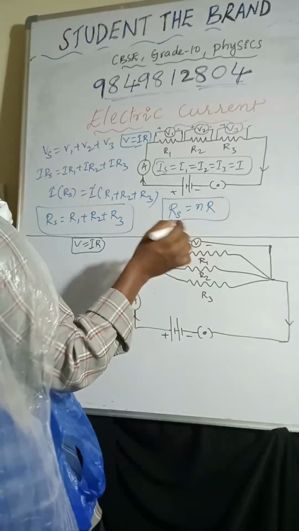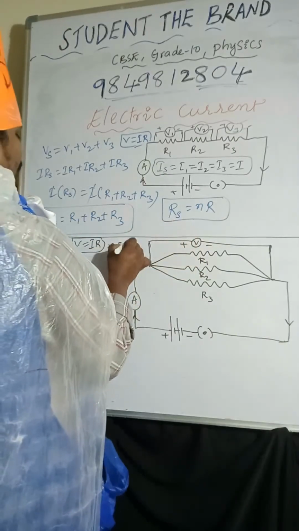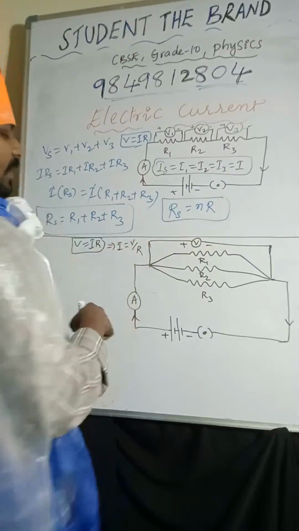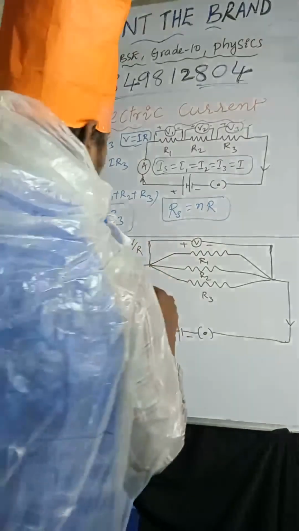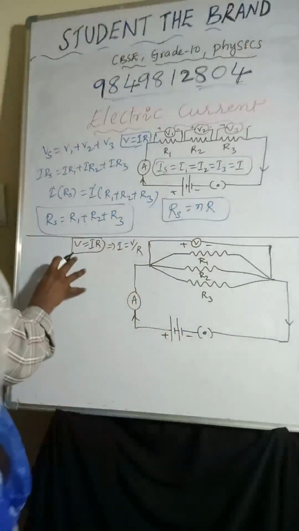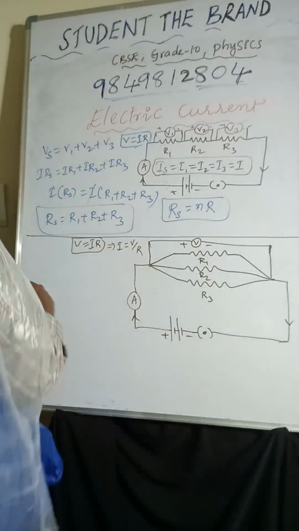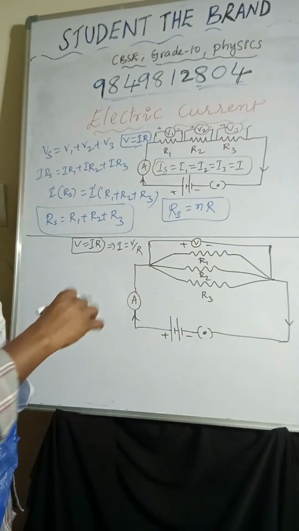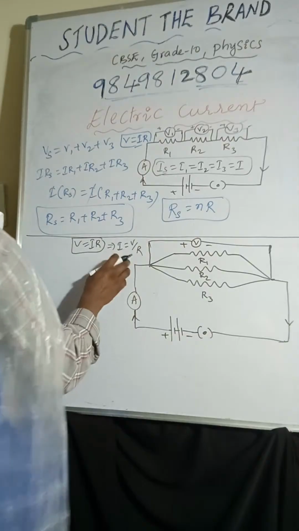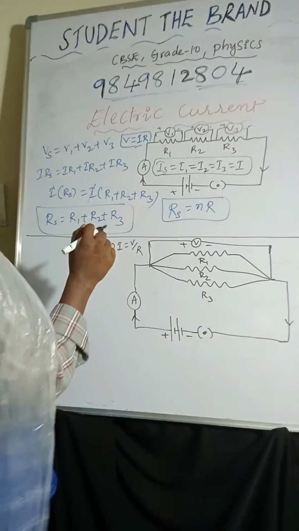From Ohm's law, V equal to IR, so I equal to V by R. I hope it is very clear. Right? Now you can observe